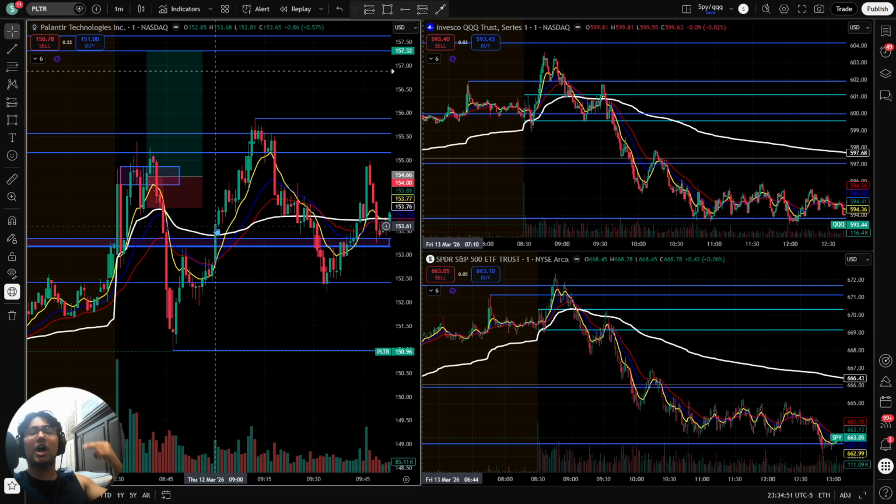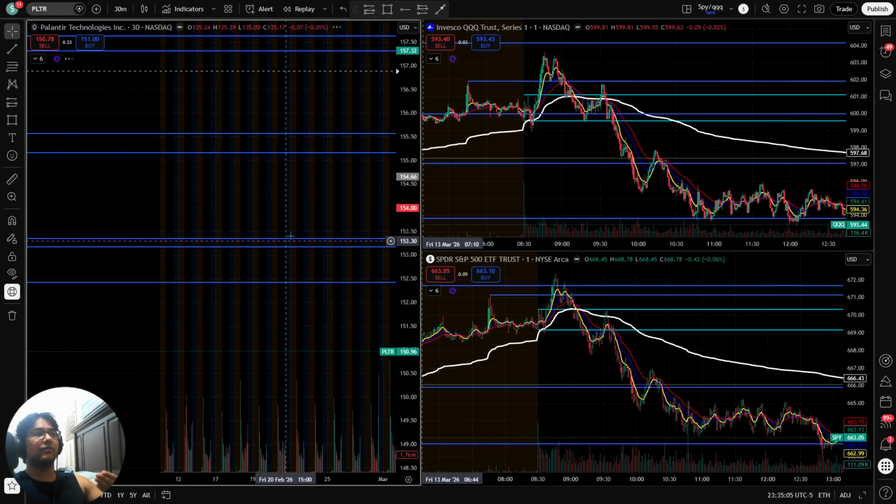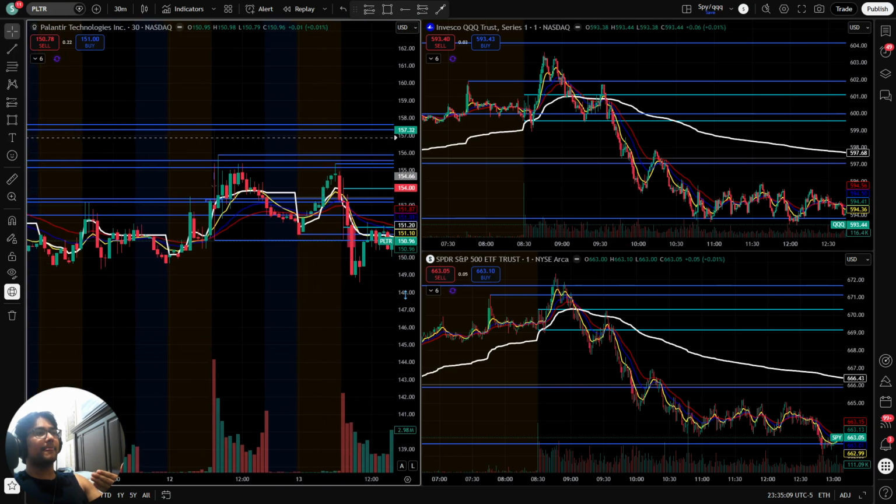But we understand on a higher time frame we're breaking and retesting this key level, which is a pre-market high or a previous high level. On the 1 minute chart, this looks kind of messy, a very messy reclaim. But if you look on the 30-minute chart, this looks like a very clean hold of that key level. So if you go on the 30-minute chart and go to that day,